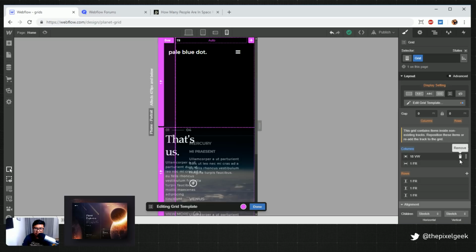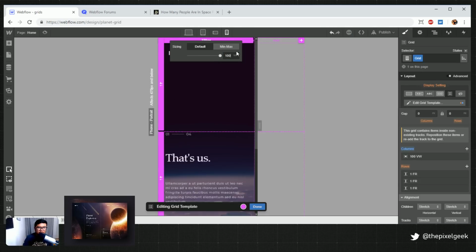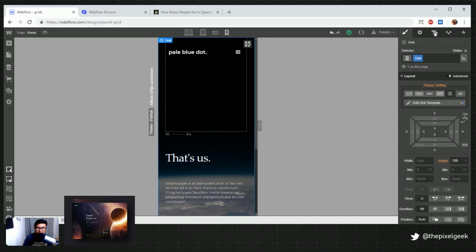Okay. Because I want them to stack. That's what I'm trying to do right now. I don't need columns anymore. This one right here, default should be 100. Okay. And I guess it does auto for ones that are not in a track.